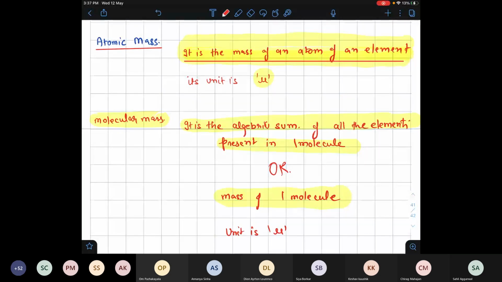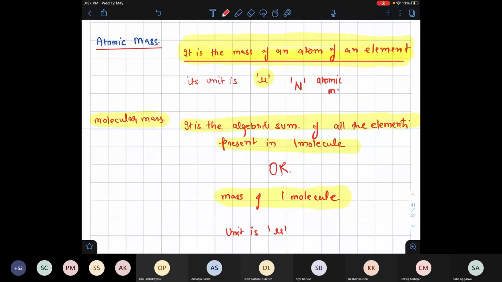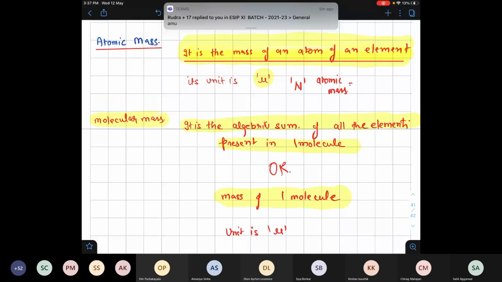फॉर एग्जाम्पल नाइट्रोजन का एटॉमिक मास कितना है? नाइट्रोजन एटॉमिक मास 14. नाइट्रोजन एटॉमिक मास 14U। 14 तो एक नंबर है यार।